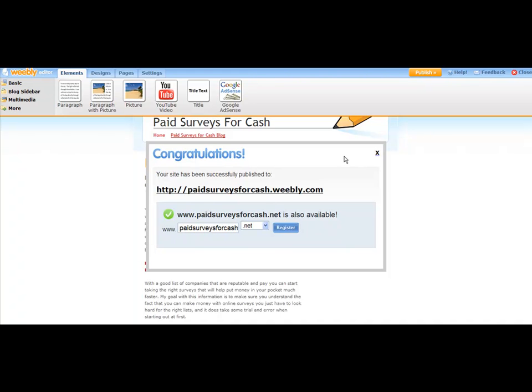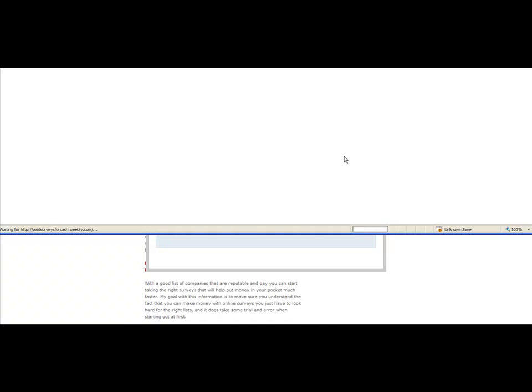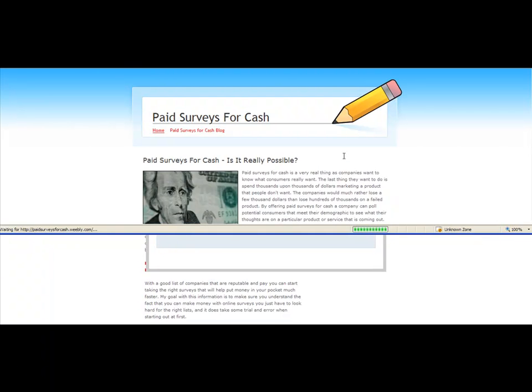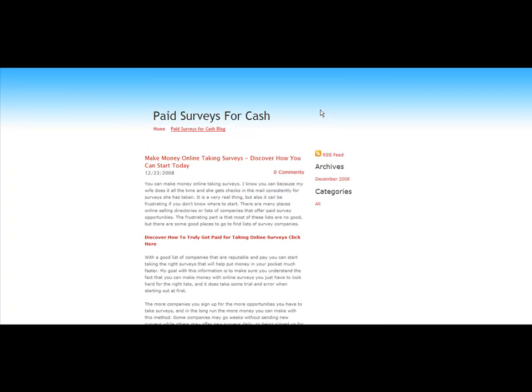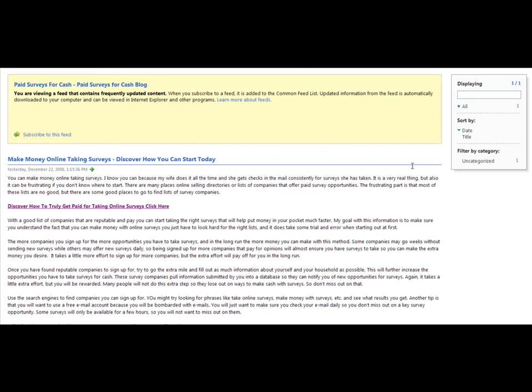So the next thing you do, I'm going to go ahead and pull the site back up. Now that you've tested it, now that you've built your blog and made your first blog post, you would go right over here and pull up your RSS feed. So you just go ahead and click here on RSS feed. Just highlight that, copy it from your browser, and you're going to go over to a website called